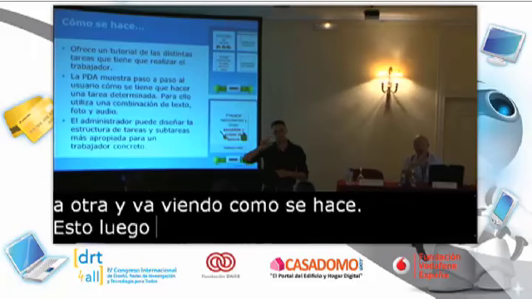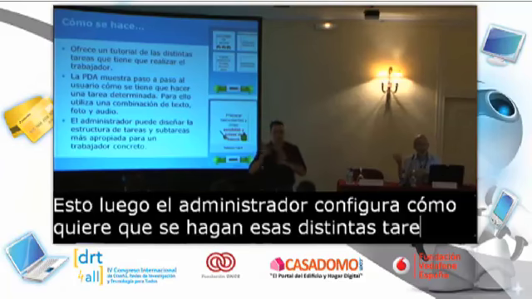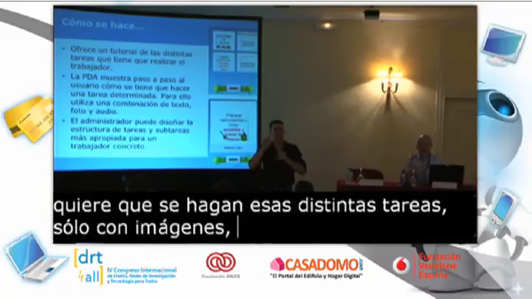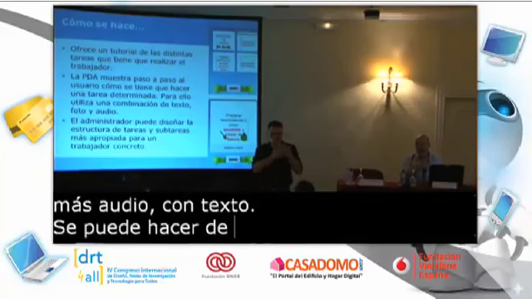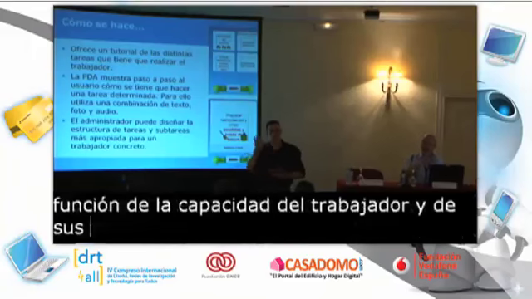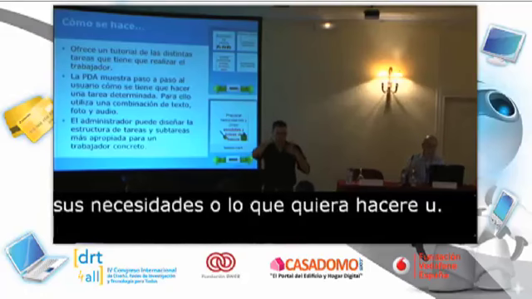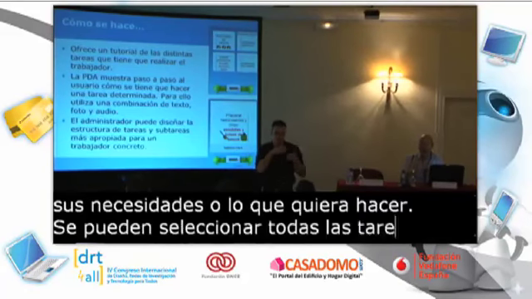Then the administrator configures how you want to visualize that, either text, audio, text, visual, and audio. It can be done different ways depending on the intellectual abilities of the employee and his or her needs. And you can also select all the tasks or one specific one where the employee has